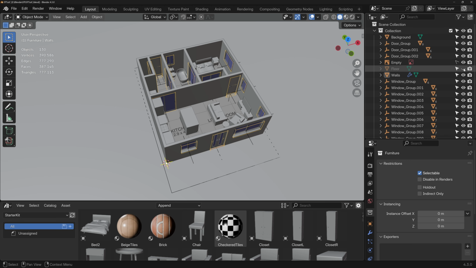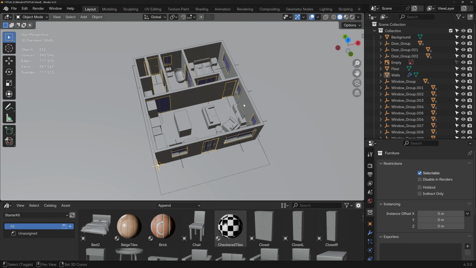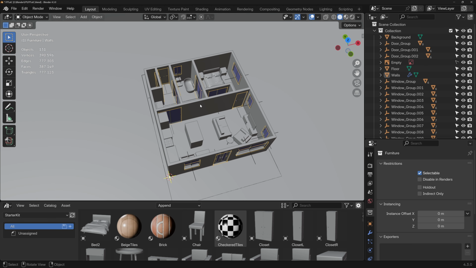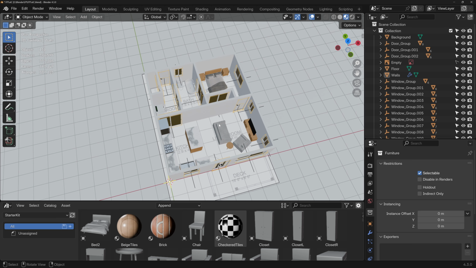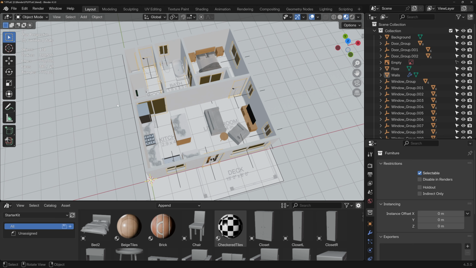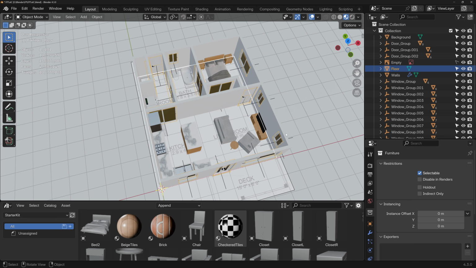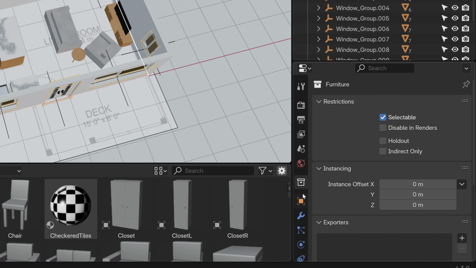Make it visible if it isn't already, and I'm gonna go to the material preview shading by pressing Z and pointing towards this one and releasing Z. The shading mode allows us to see the materials without calculating the light bounces, so it's faster than using the render shading. Okay, with the floor selected, let's go to the material properties,